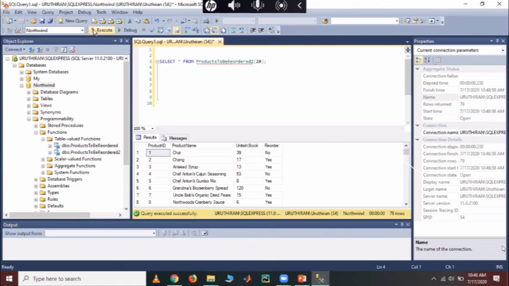Reorder. Now here we can get the reorder level. This is no, because it is more than this. I put 20, I want to put 10. Right, okay, execute. Now you can see here, in the unit in stock 39, it is not necessary to reorder. But if it is 0, or if it is 15, okay, it's 6, you want to reorder.